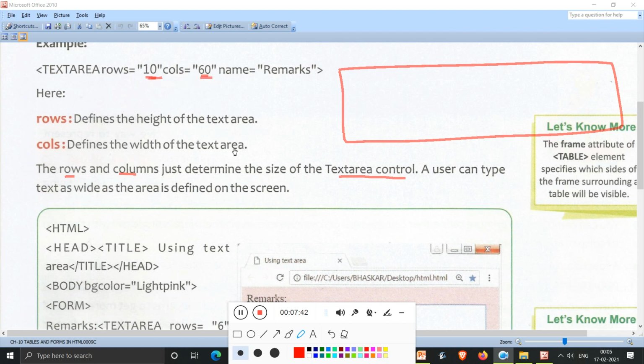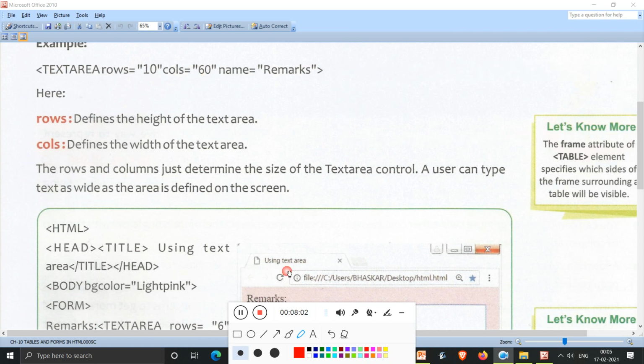Now, a user can type text as wide as the area is defined on the screen. That means as wide as the area you define over here, you can type inside this as wide as you have defined it. That means from here to here.